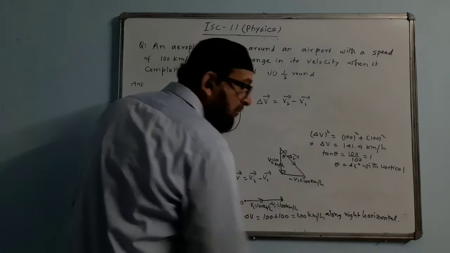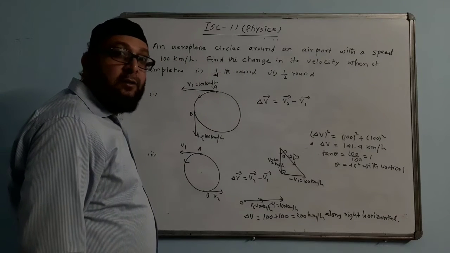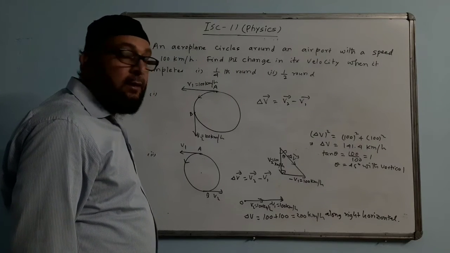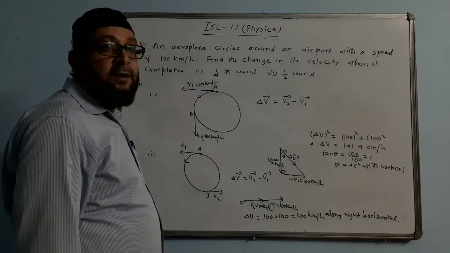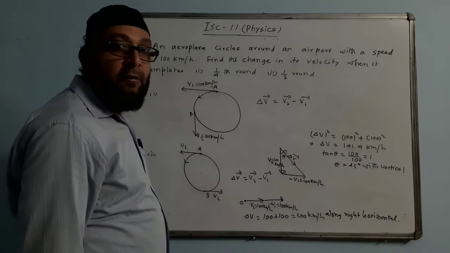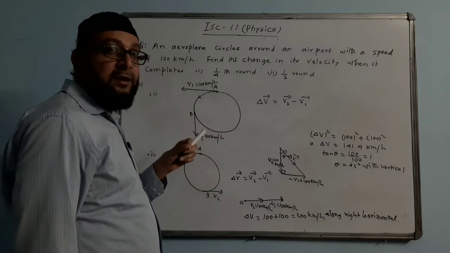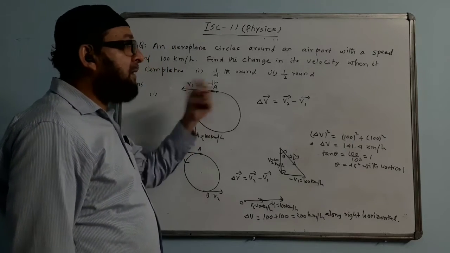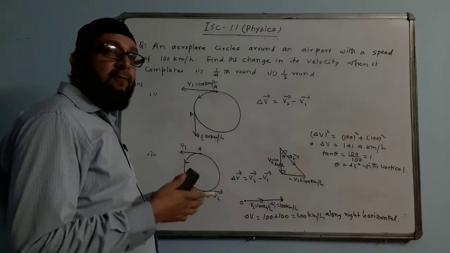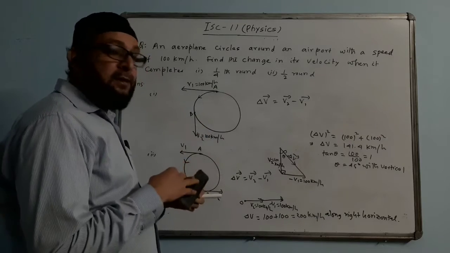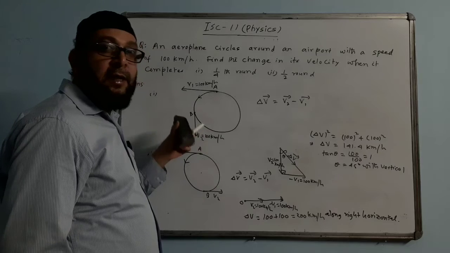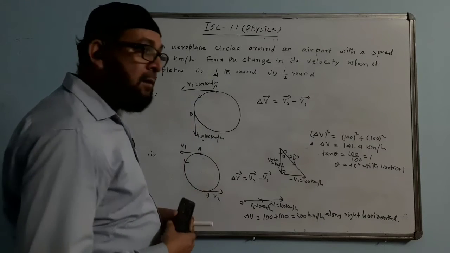So if a question comes, why is current still scalar though it has both magnitude and direction, the answer is that it does not follow the law of addition of vectors. There are special laws for their addition. And of course for their subtraction also. Subtraction we do the same way as addition. Only we change the direction and draw the triangle, either triangle or parallelogram, and find the resultant.